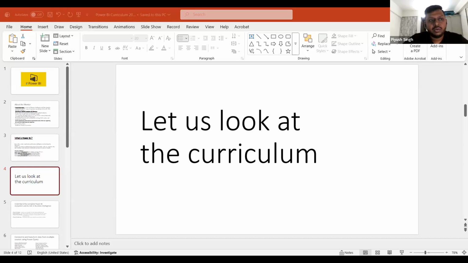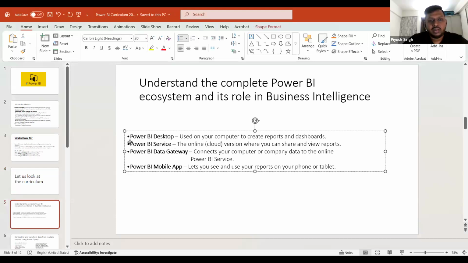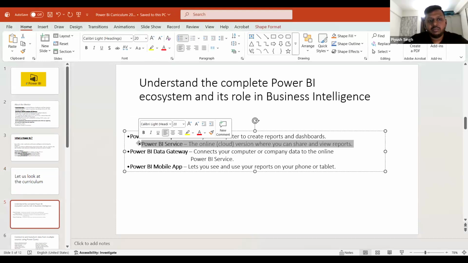Once we are done with that, we'll click on this publish button and I'll teach you how and what you can do on Power BI service. Power BI service is one of the very important facilities where you actually publish your reports.